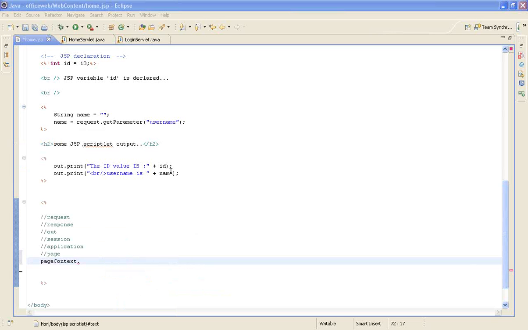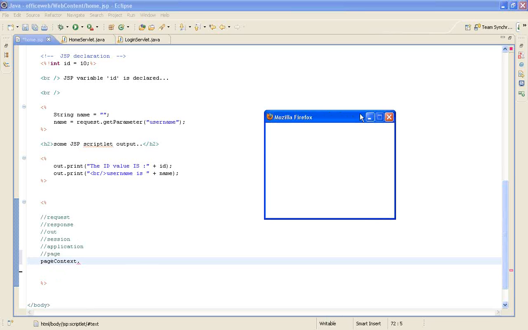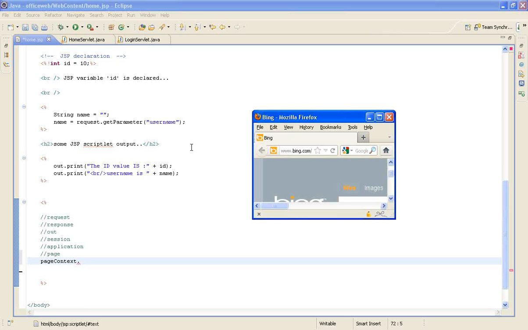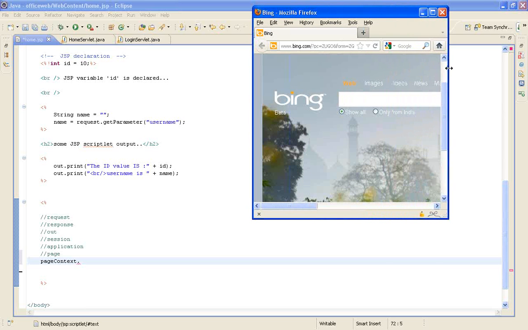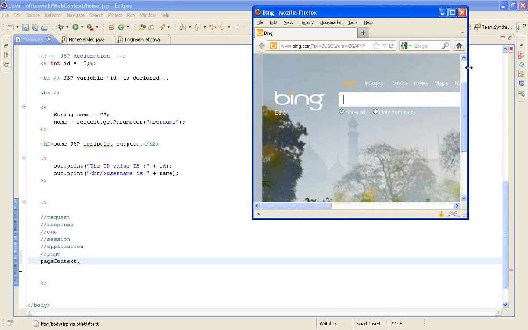Let me see what the pageContext is about. So 1, 2, 3, 4, 5, 6, 7. Are there any other objects? These are the default objects that you have in the JSP. There may be one more element, but primarily what we work with is request, response, out and session. They are pretty much sufficient for us.